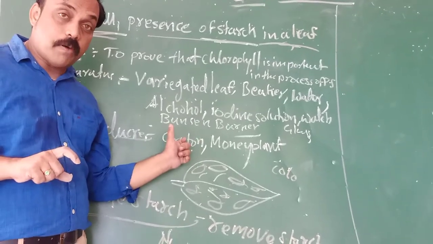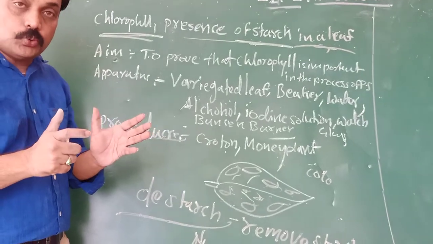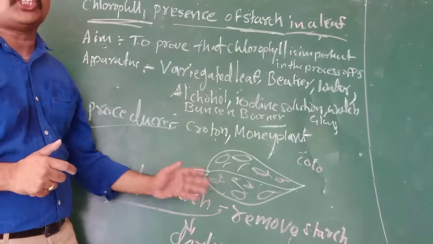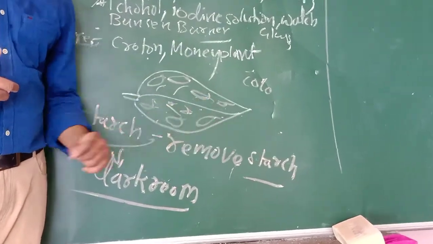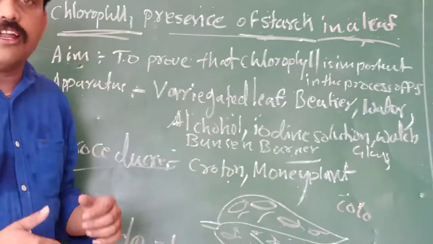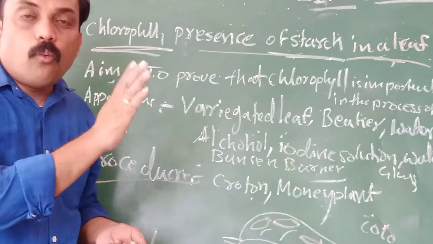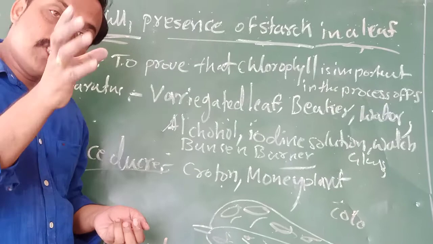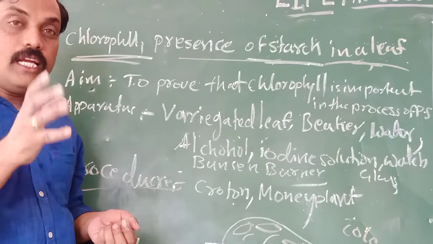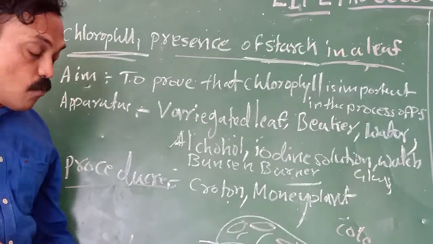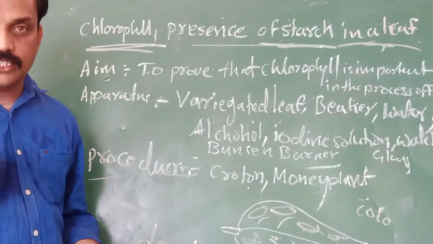Choose one variegated plant. After that, whatever potted plant we choose, you have to keep it in a dark room, for destarching. Why do we have to destarch? To remove the starch. How are we removing it? By keeping it in a dark room. If you keep it in a dark room, what will happen? Whatever starch was already prepared in that plant, whatever food was prepared, is utilized for various functions. In a dark room, photosynthesis does not occur, because light is absent in that dark room.